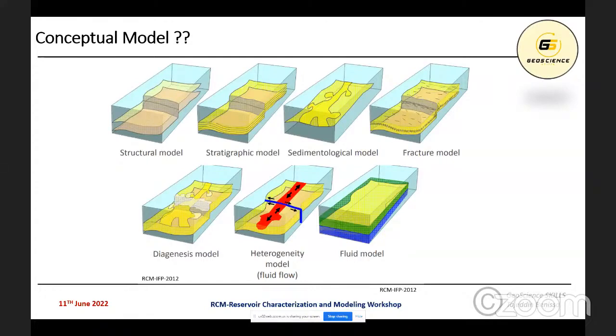Okay, because the thickness of the beds is very important to define the grid cells, and also to determine the modeling parameters. You have also the sedimentological model, as we said earlier. The sedimentologist,